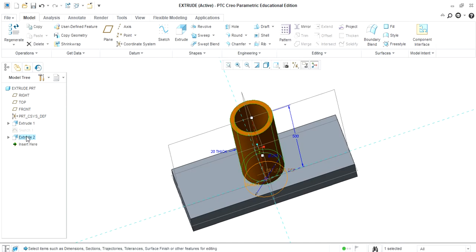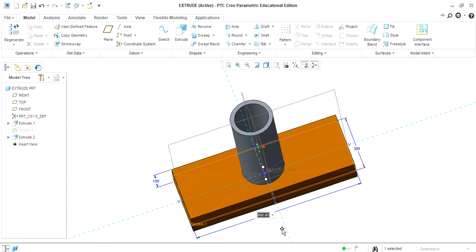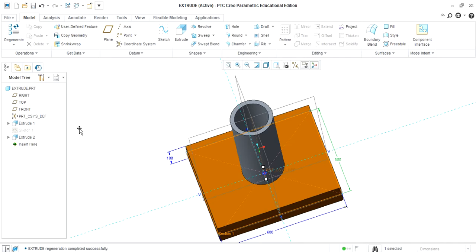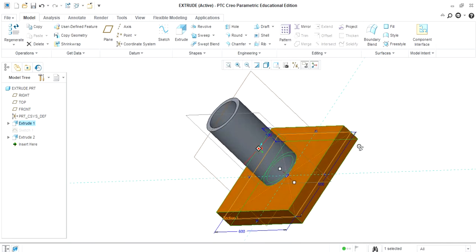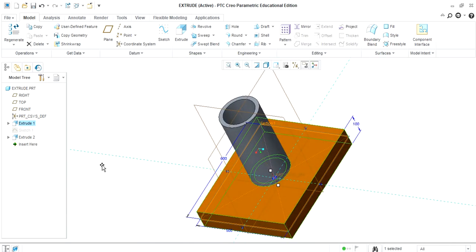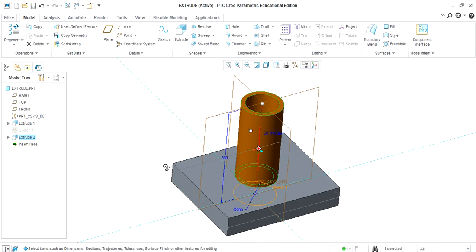Suppose for this particular plate I don't want these dimensions, I want the dimension as, instead of 800, suppose I want 600, then it will be automatically reduced. Suppose this 300 I don't want, I want 500, it will automatically expand. So similarly you can perform the operations after the original shape is done. So in this way we can extrude and we can use the commands.